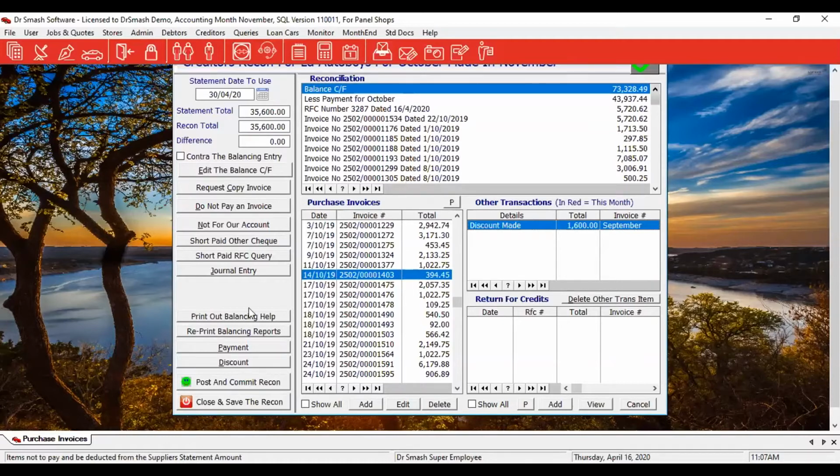Right, reprint balancing reports is if you wanted to see how you balanced last month, how you got to that 73 last month. You can reprint last month's balancing report so that you can check your information and that type of thing